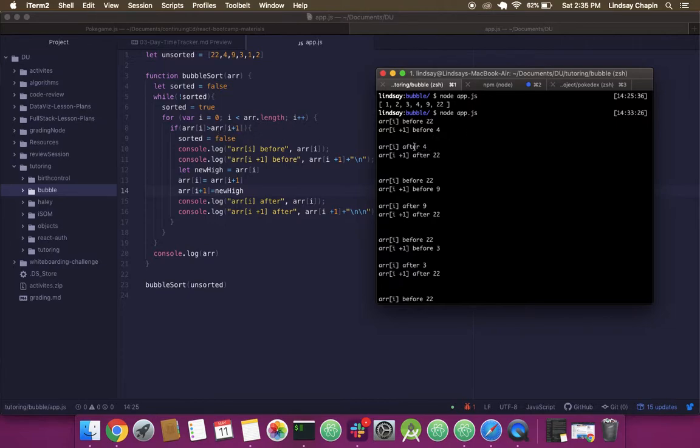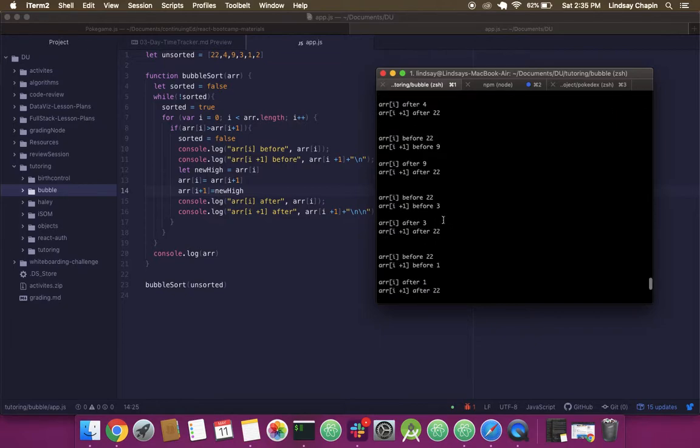After we reassign them, array I is now 4, and array I plus 1 is now 22. But then it goes through another time, and it's checking, okay, beforehand we've got 22 and 9. We're checking it, and then it's reordering 9 and 22. And it follows that all the way through